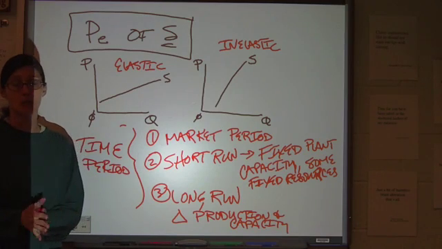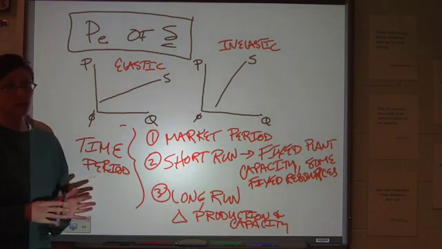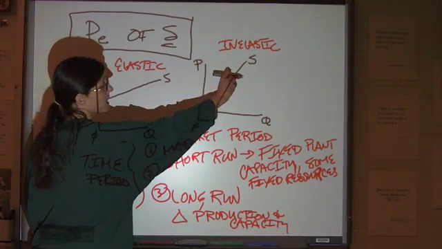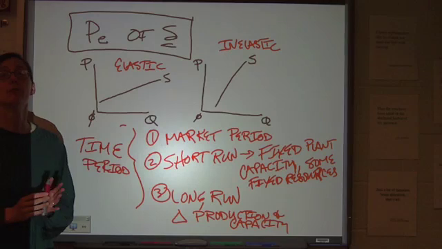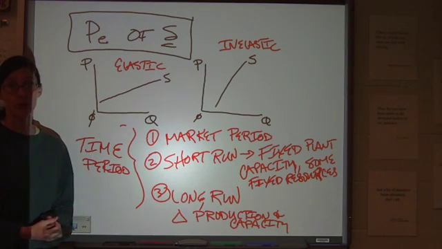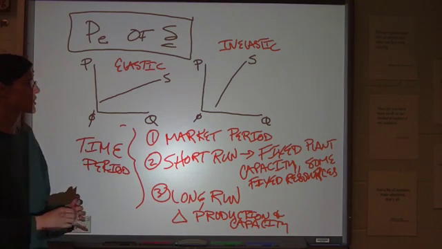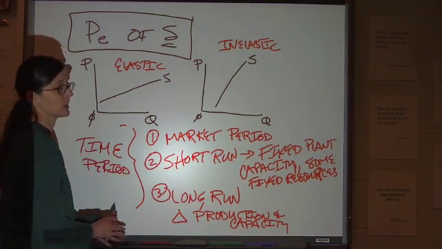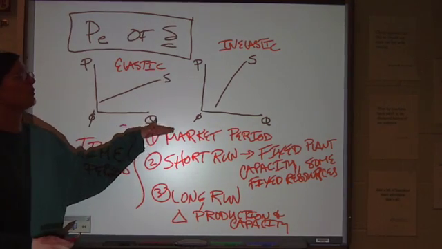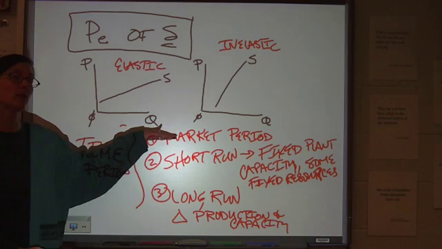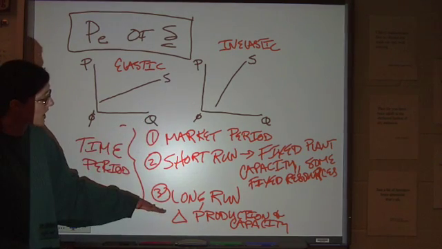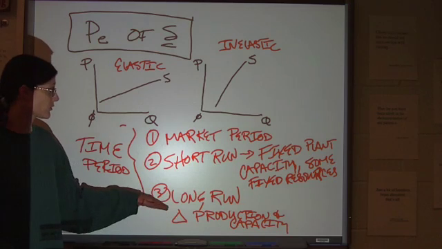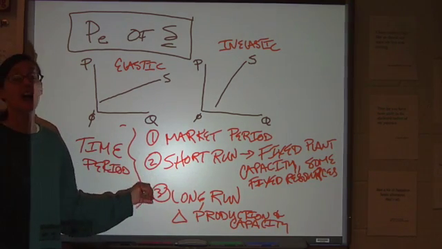So over time, we would expect that a very inelastic level of supply will become more elastic. As you have companies that are more able to react to what is going on in the market, then over time, you can have them go from a very inelastic situation to more elastic. So in the immediate term, when more things are fixed, you would expect that to be the case in the market, that it's more inelastic. Over time, when they can actually change their level of production and capacity to a much greater degree, more elastic, more able to adapt to what is happening in the